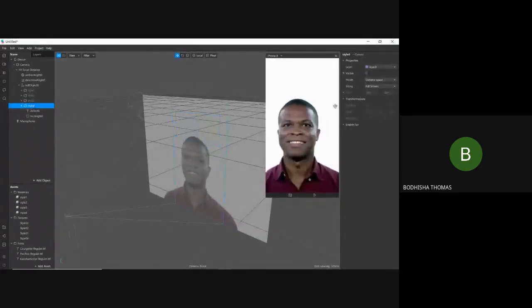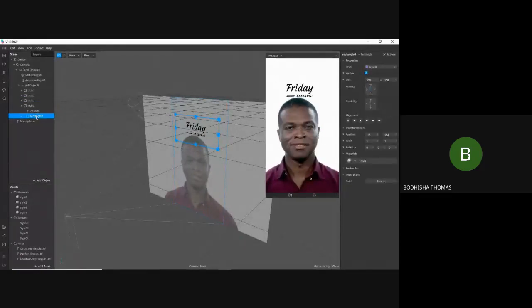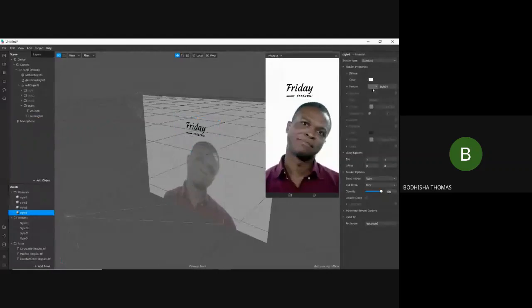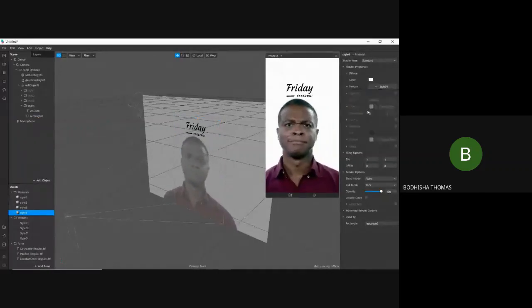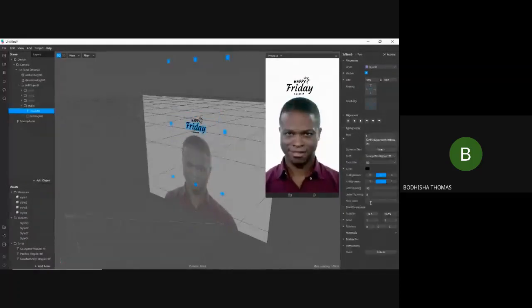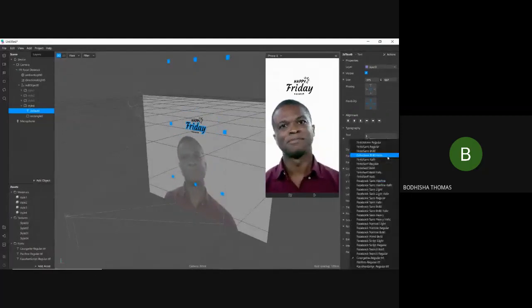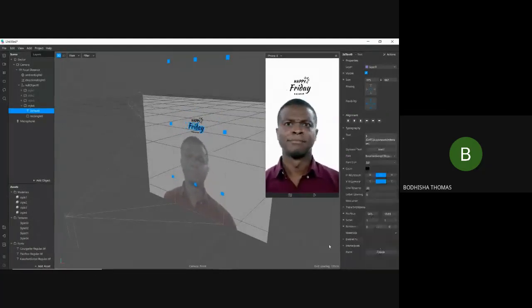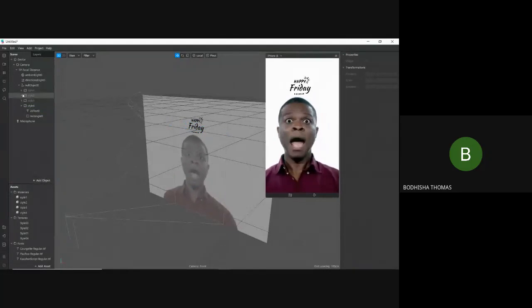Style 4, make this visible and change the texture to style 4. So we can even change the font too. Okay, now we are 50% done. We have these styles and dynamic text.